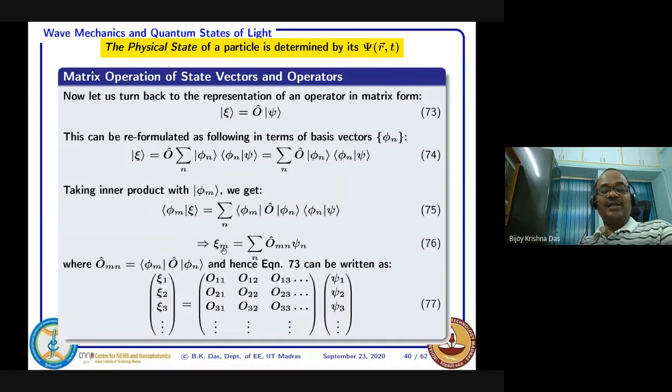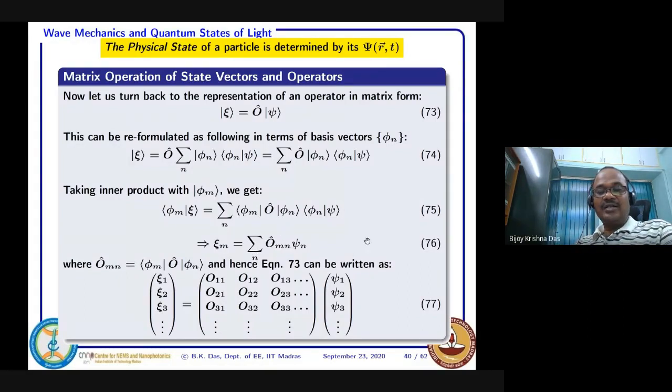So mathematically we can write that I am just getting the mth component of xi when I am writing like this. That means it is a contribution coming from all components of psi. M equal to 1, it can be 1, it can be 2 also. Even the second component is also coming from all. So that means I have psi, I want to find out what is xi. Then in between, I need to know how this operator is affecting each of these components, right? So this thing is written like this.